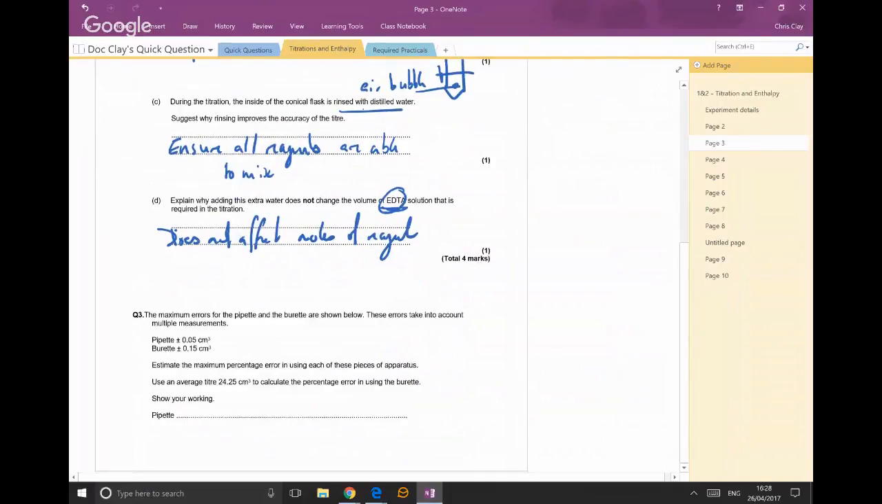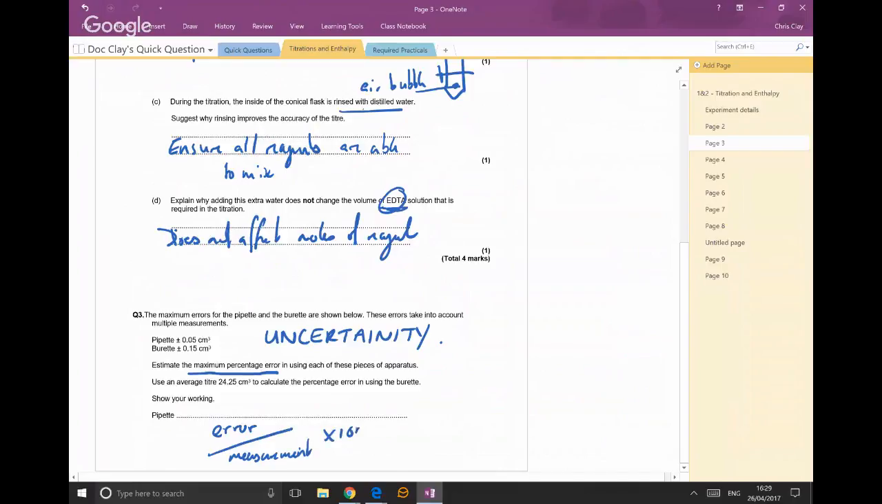Now, this is an important distinction. Old papers discuss percentage error. In the new specification, rather than percentage error, we seem to be using the term uncertainty in a reading. They're essentially meaning exactly the same thing. Just be aware that that is the difference, and how we measure the uncertainty is the error in a measurement over the actual measurement